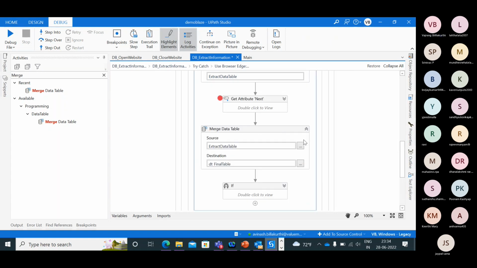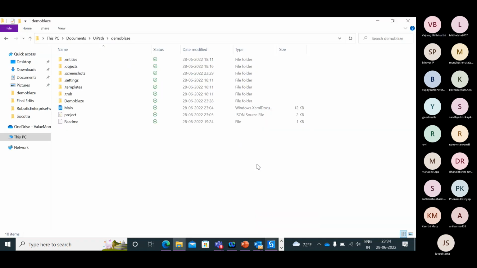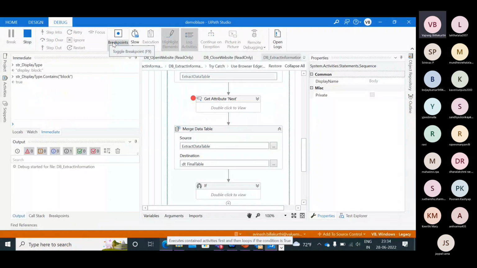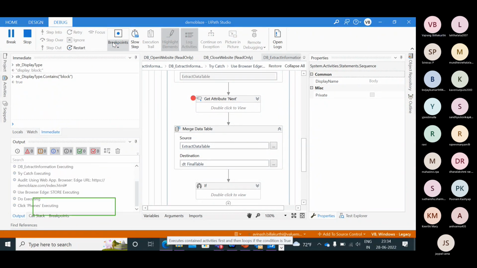Okay. So let's have a breakpoint and see the page. So this is the first page. Again, debug the file. So let's see. Extract the data table, get attribute of next button, but merge the data table.